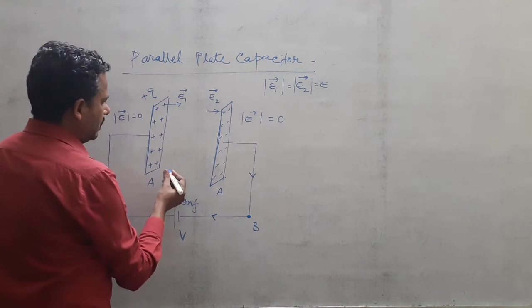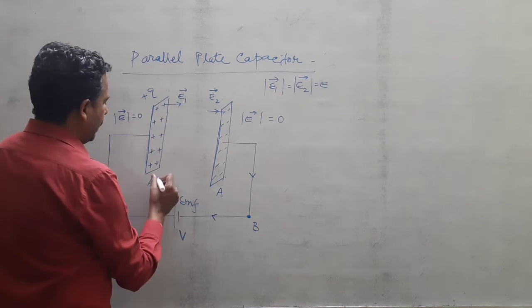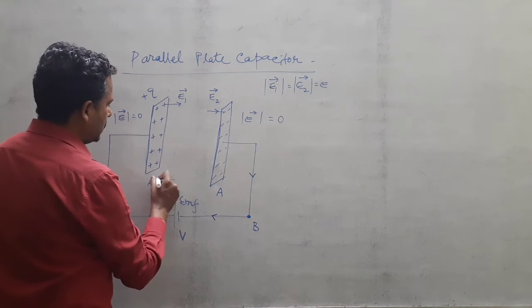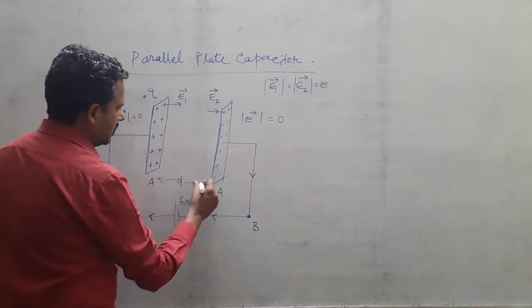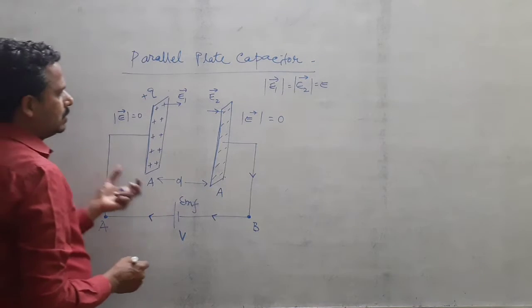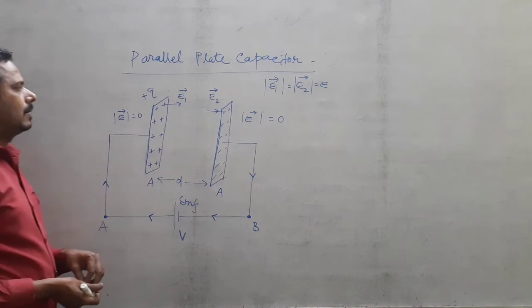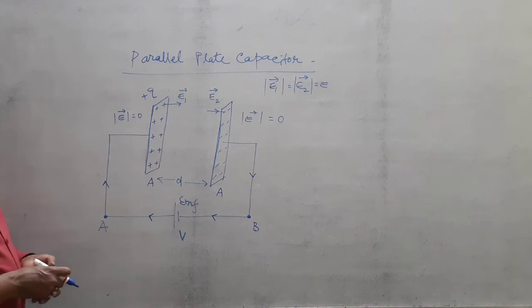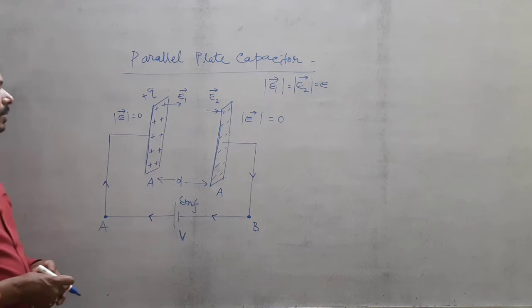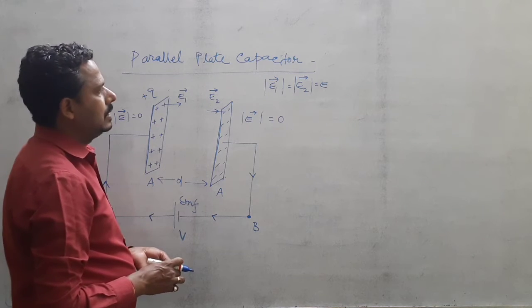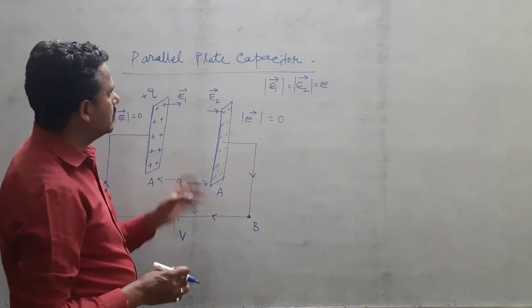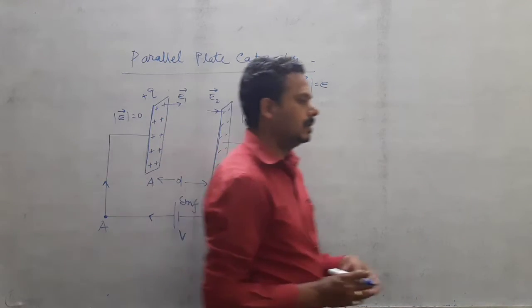And if this one is separated by a distance d, then I want to find the capacitance of this parallel plate capacitor. So first of all, we need to calculate how much this electric field is, because if you have studied